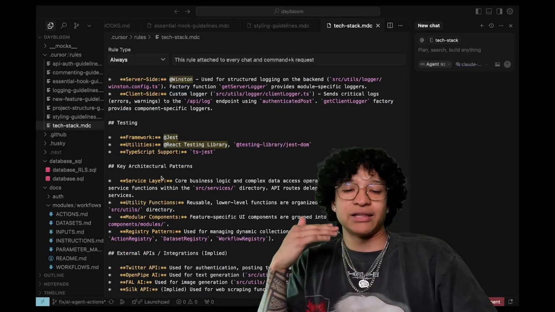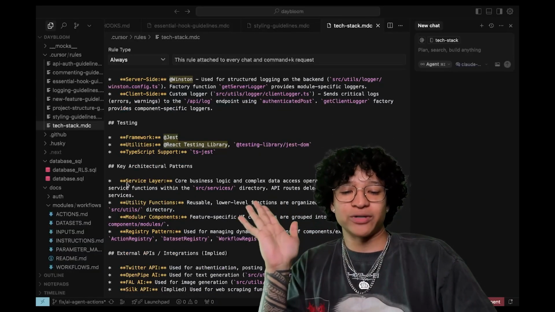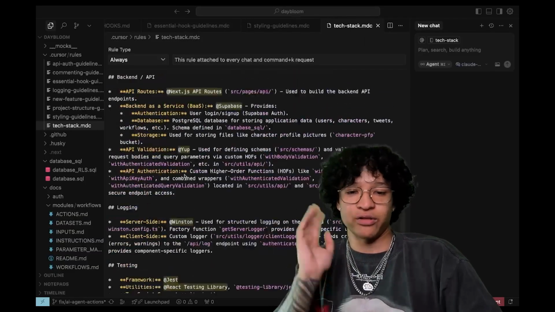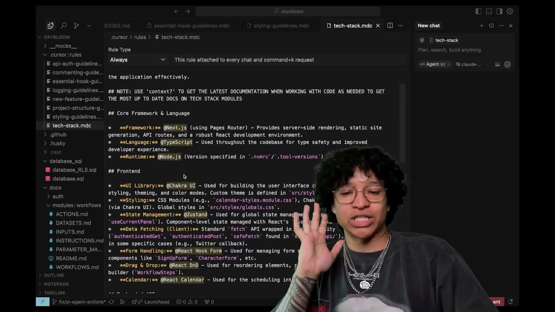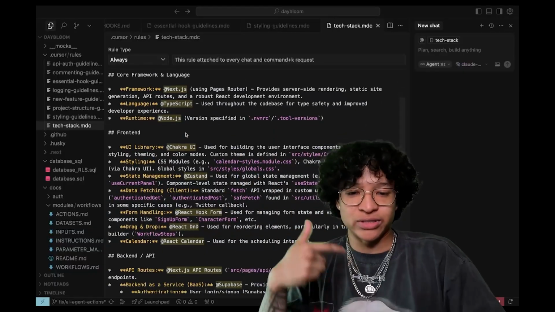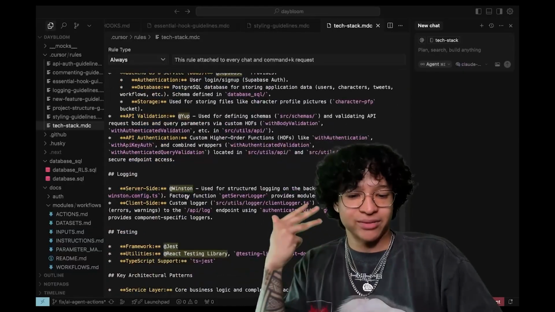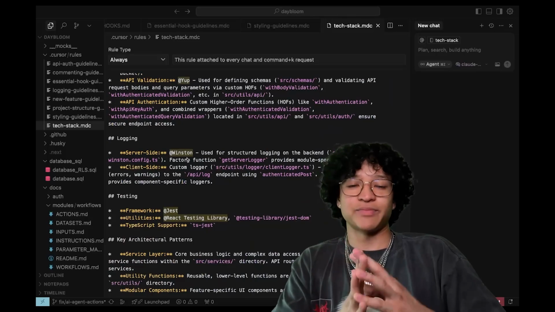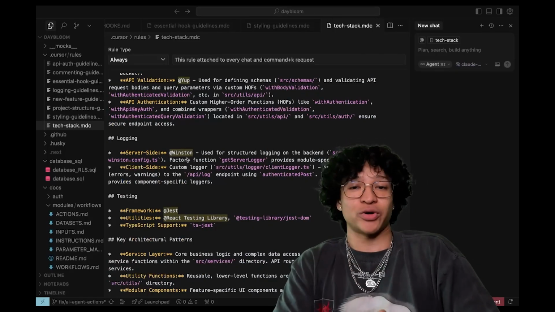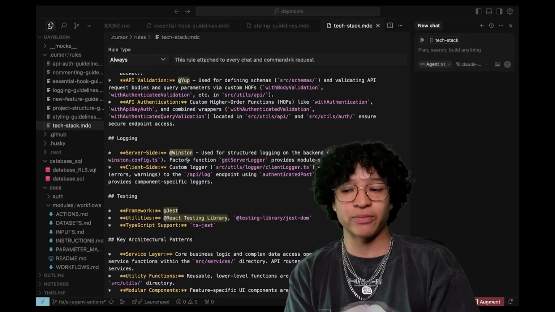I then explained that we have these different components set up in the different service layers, and these are external APIs we're working with. The most important part of this is just explaining the massive libraries such as Chakra UI, Zustand, Next.js, Yup, Winston, etc. That just makes sure that all of the code changes are completely aligned. This is the most critical cursor rules file you could add to your code base, and it will make your